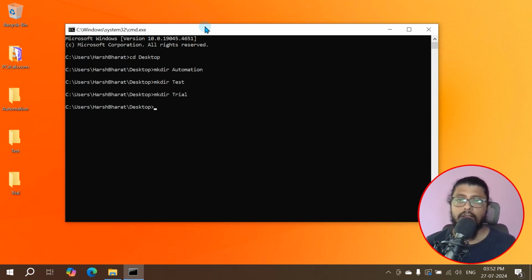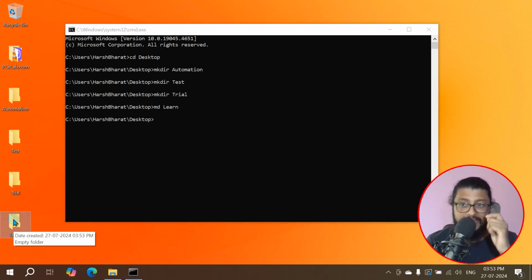Now I'm saying quick and fast, I'm finding out the shortcuts, right? So instead of writing mkdir, I prefer to go with md, which is m at the beginning for make, d for directory. mkdir learn. Enter. See, it took a few seconds for this folder to be ready.